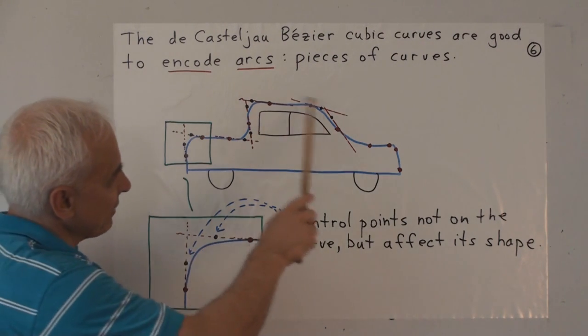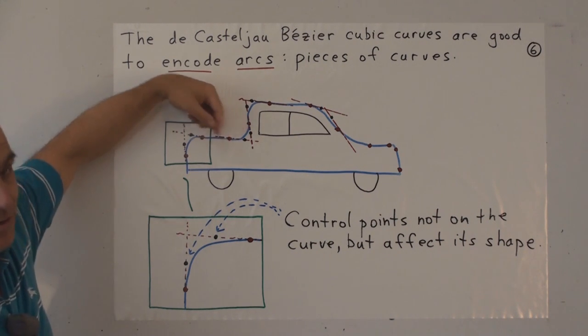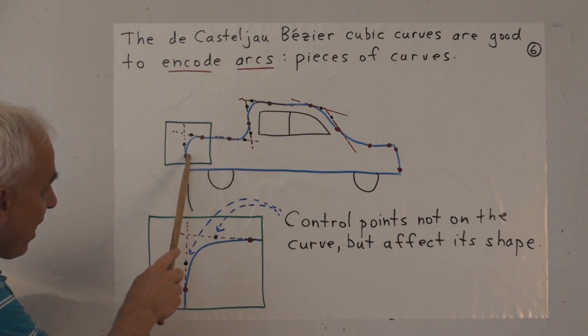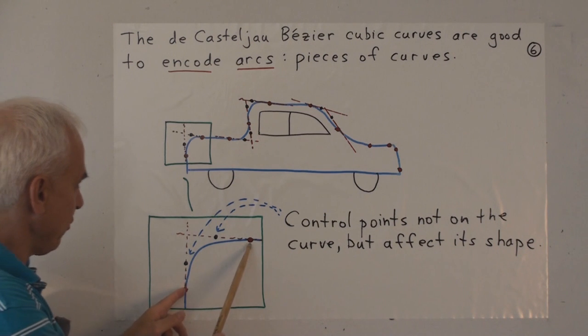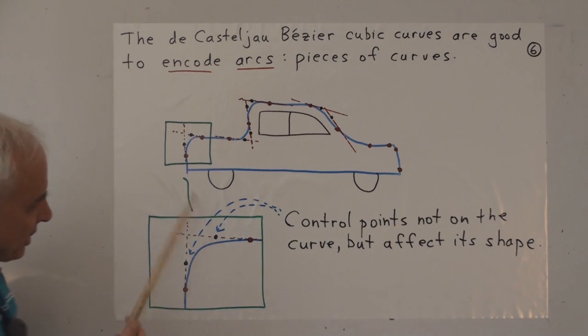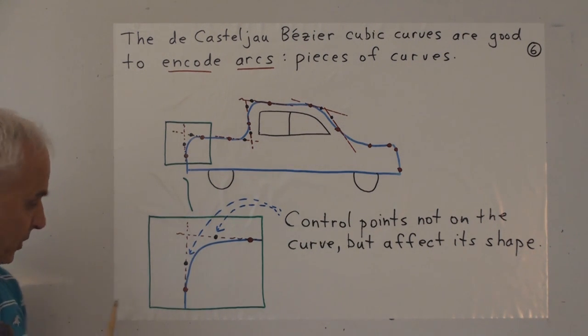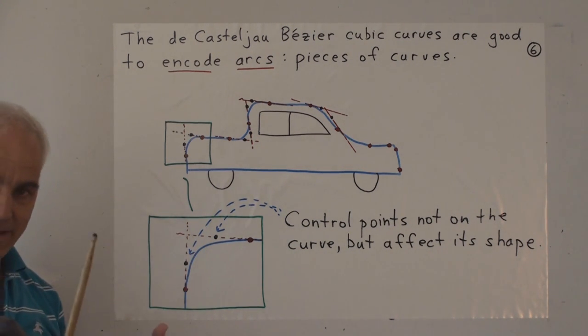So even if the curve is relatively complicated like this, we can subdivide it into pieces, each of which is relatively simple. Let's have a look at this piece here. We've divided it with these 2 points here into this arc. Let's blow this arc up. Here are the 2 points. Okay, so the idea is that we should try to find the other 2 control points. So this would be P0, that's P1, that's P2, and that's P3, so that the de Castelnau-Bézier curve that's associated to these 4 points is actually the curve that we're looking at in this diagram.